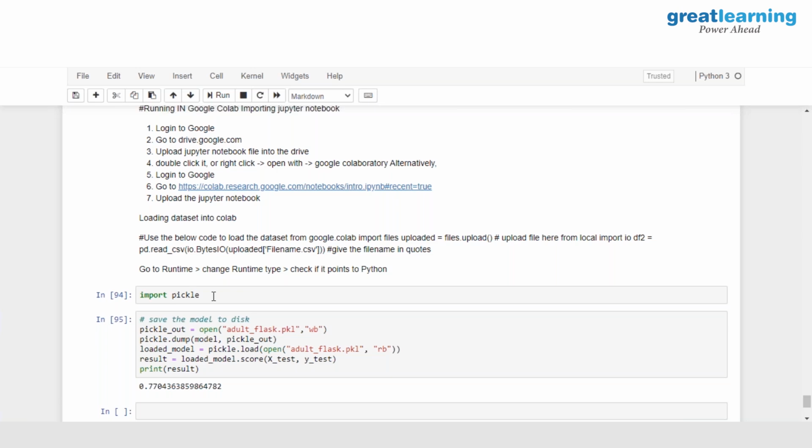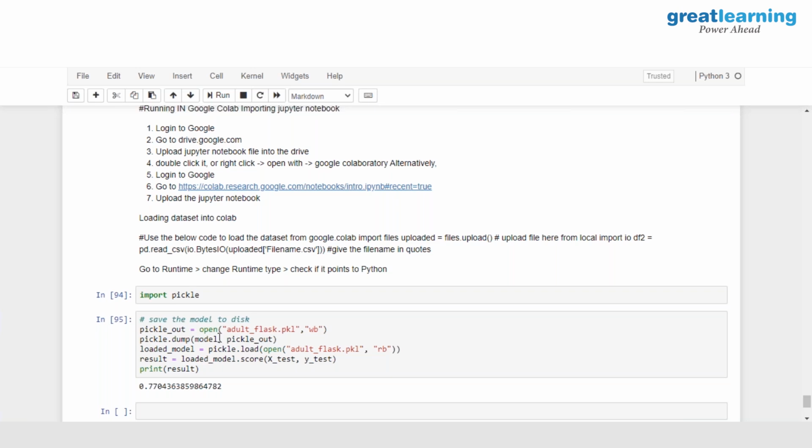I'll just repeat the steps. The first thing which we do from a model deployment perspective is create a pickle file. What is a pickle file? A file which has an extension of .pkl, very similar to an object file. How do I create a pickle file? We have to import the library pickle. If you have not already installed it, you have to say pip install and the package name. Create a blank file in write mode. Ensure that the extension of the file is .pkl.